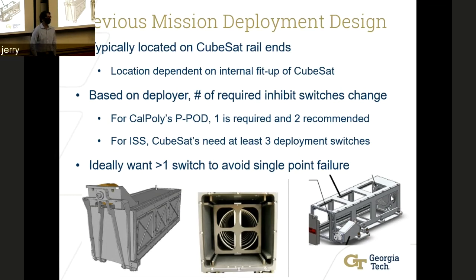So it's an interesting debate to see what is the balance you want to have between how many deployment switches you use, to balance out not having an inhibit switch fail to depress, and also having a switch actually actuate. So not having your CubeSat operate when you don't want it to, but also having your CubeSat operate when you actually need it to. So ideally you want more than 1 switch to avoid any single point failure. There's a bias to having more deployment switches because there's a higher chance of rattling during launch causing a switch to be undepressed than for a switch to stay depressed after you launch.